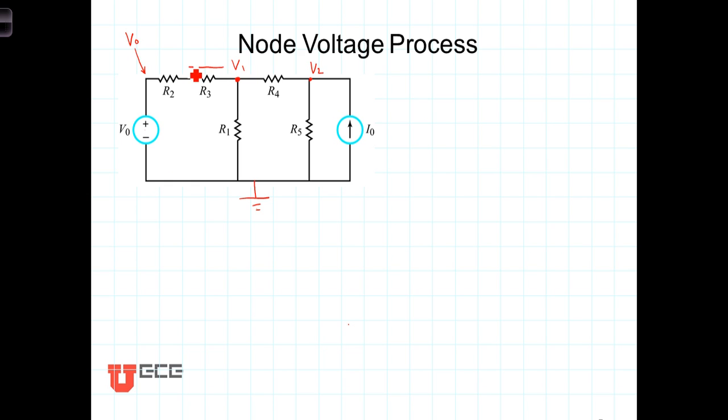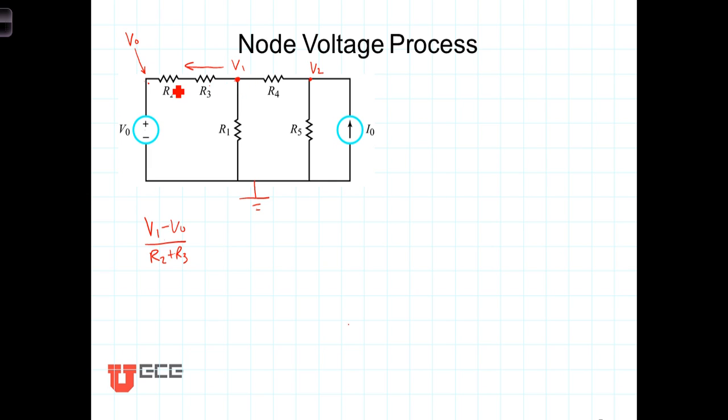Now we can write an expression for the current leaving this node by taking the voltage at this side minus the voltage at this side of those resistors and dividing by the resistance. In other words, we're specifying the branch voltage across those 2 resistors in terms of our node voltages, thus we would write V1 minus V0 divided by R2 plus R3 would be the current leaving our first node